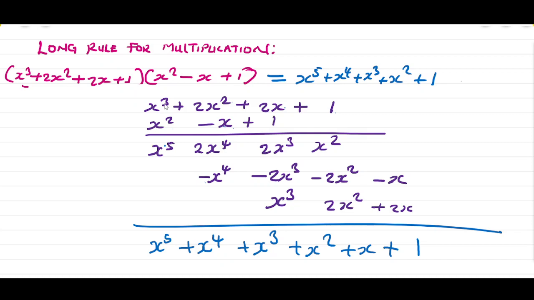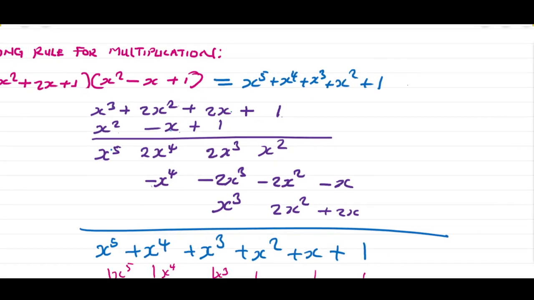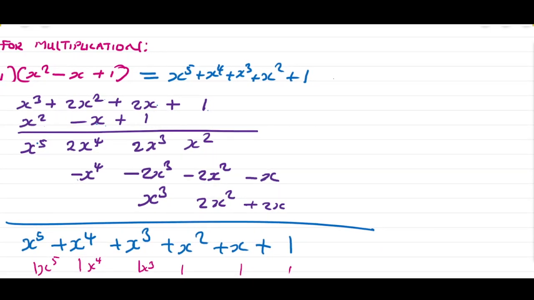Last time, what we had was that the highest power was x to the fifth power, second highest was x to the fourth, x cubed, x squared. So if maybe you have something like 1 here, 1 here, we know that this one corresponds to x to the fifth power, this one corresponds to x to the fourth, this one corresponds to x to the third power, and so on. So what we can do, this method is called the method of detached coefficient. It's called the method of detached coefficient because here we're going to detach the coefficient. I hope I spell this well. I'm not the best speller in the world, but this is called the method of detached coefficient,